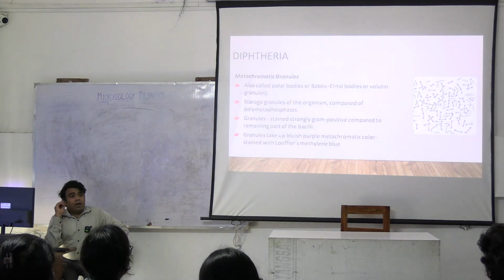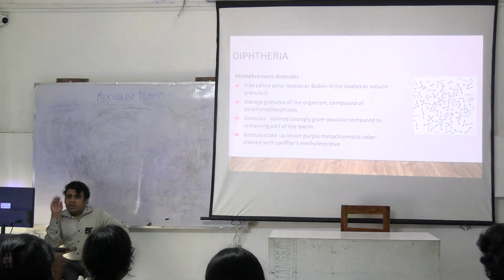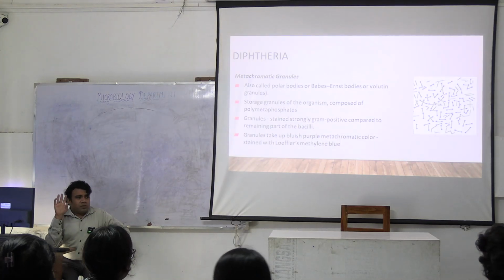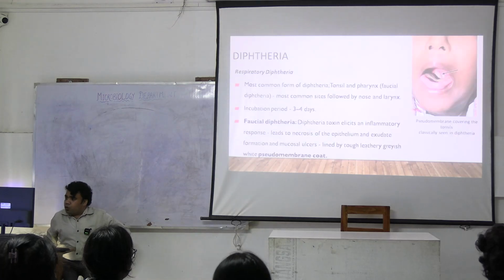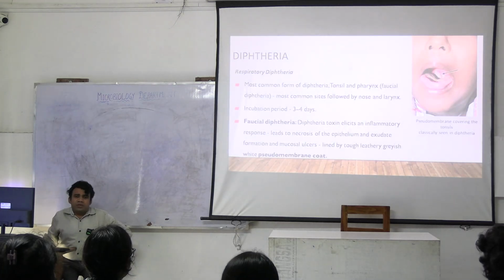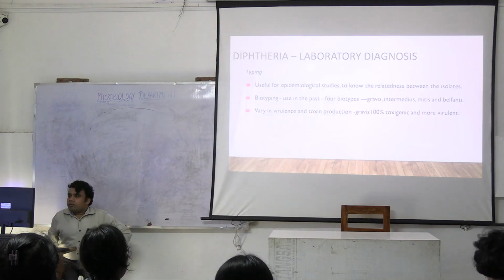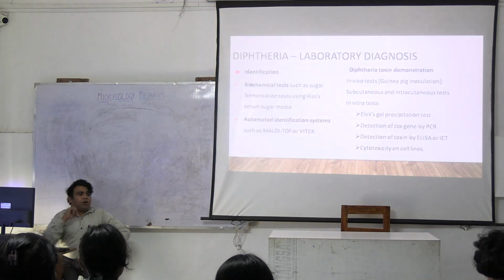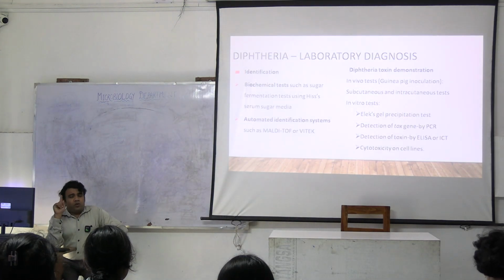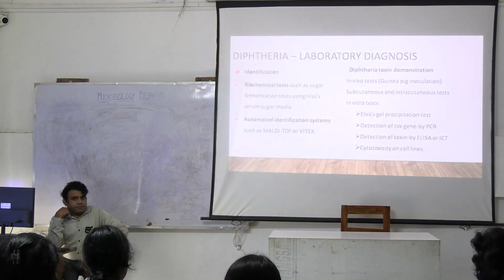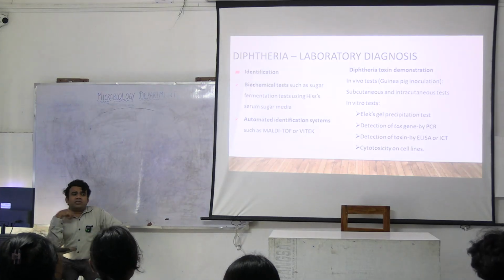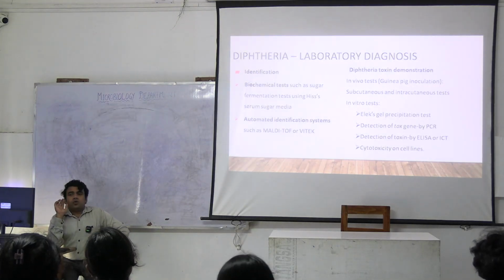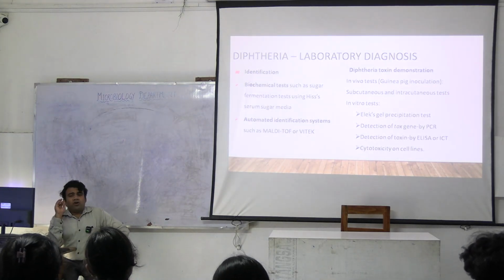Hence, take the sample, send it to the lab for microscopy as early as possible, and whenever you have the report in hand, start treatment. Now, I have already told you the disease is a toxemia. So, what would be the best way of treating this patient? You tell me. On one side, we have the organism in the throat, which is producing toxin. Furthermore, we have the toxin that is already present in the body. So, we need to neutralize the toxin. For that, we need to give